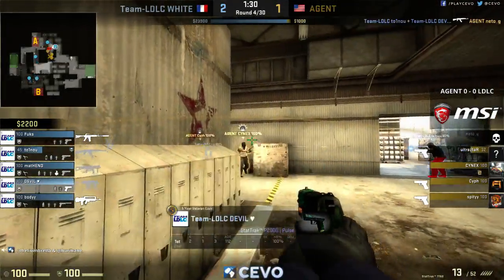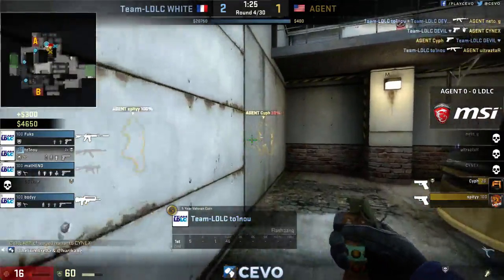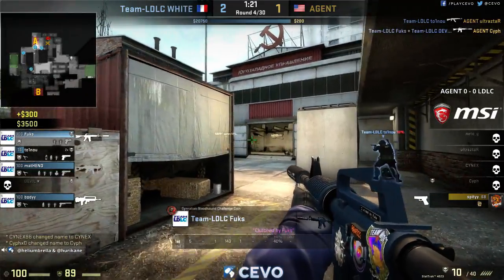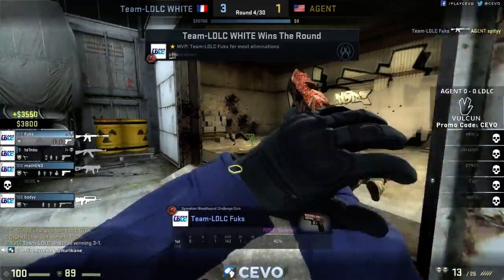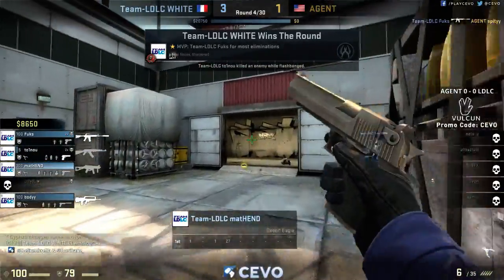There you go, called it pretty much just like that, looking for that CT aggression. And it finds the Glock train and has pretty much derailed it as well. And now there's just Spitty by himself. And there it is, a very clean round for LDLC, and after losing that pistol, they'll take 3